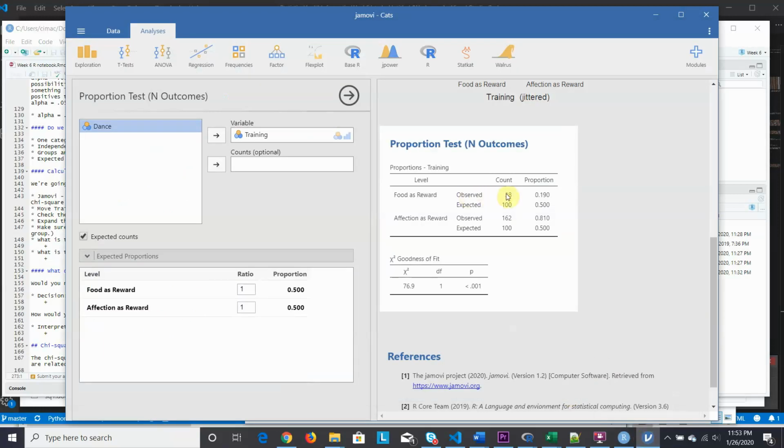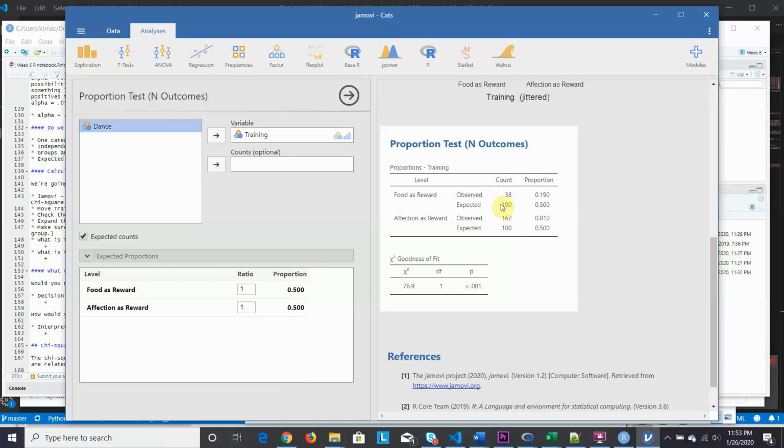And if we take a look at that, the food as a reward, we observed 38. The expected count was 100 because there were 200 total participants. In the affection, we observed 162. The expected count was 100. And those are quite different than each other. So when we reject the null, we're basically saying that there's a difference between the observed and expected